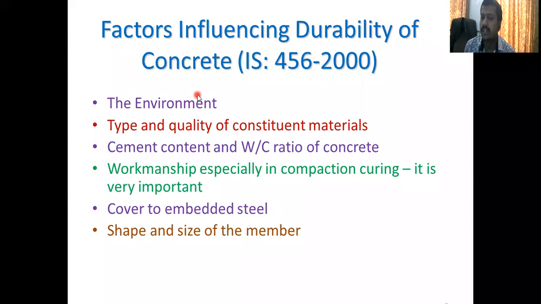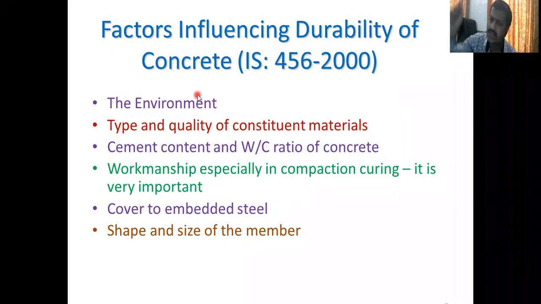Okay, the type and quality of the constituent materials, which type of material you are using, cement, maybe OPC, PPC, which grade. Then type of coarse aggregate, whether these are angular crushed aggregates, whether these are rounded shape, whether you are using river sand, whether you are using M sand, whether you are using dust in that, whether you are using any admixture, any